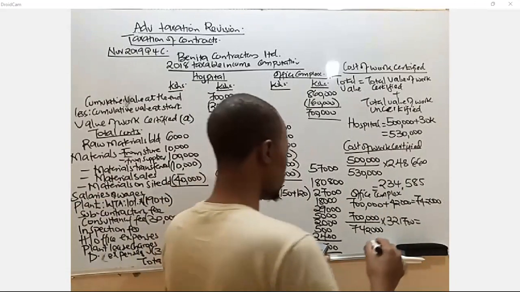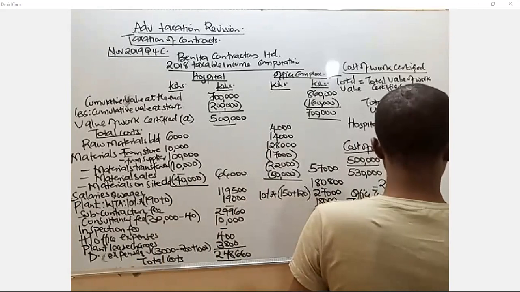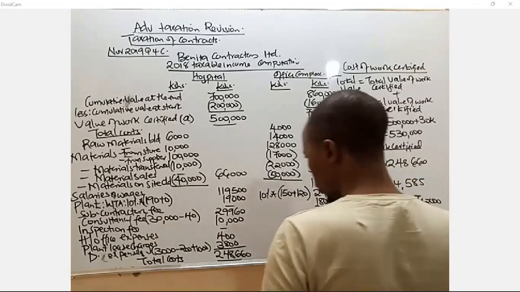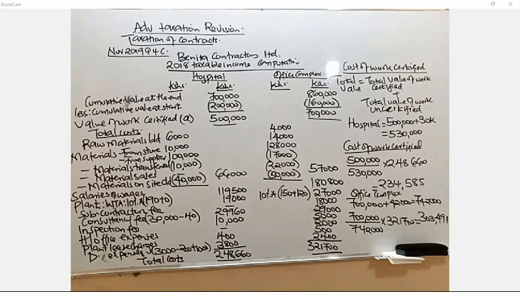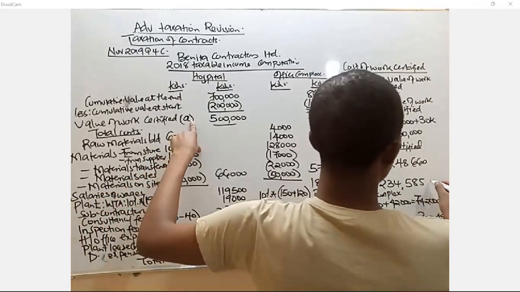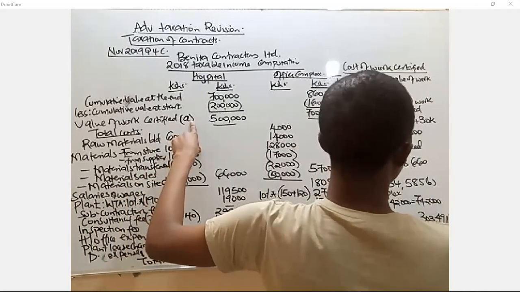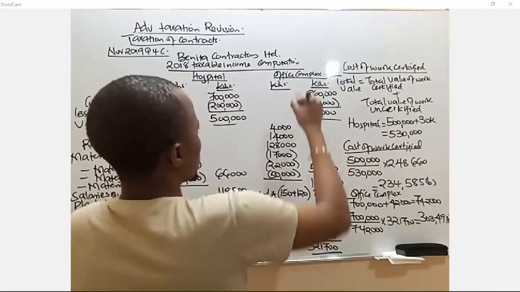Getting 303,491. Now, it means that what we have gotten is our B, right? This is our B now. Remember this one, we were able to denote A. These are our B's. This is your B. Together with this one, they are your B's. So in this case, to be able to get the total taxable income,